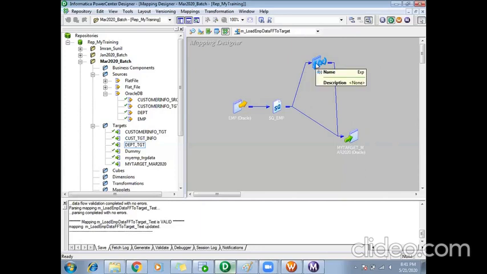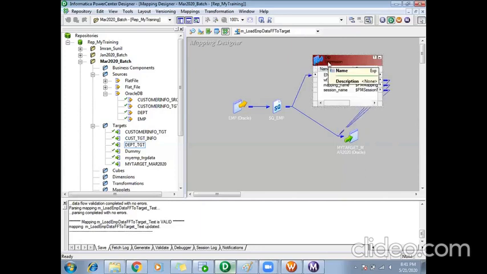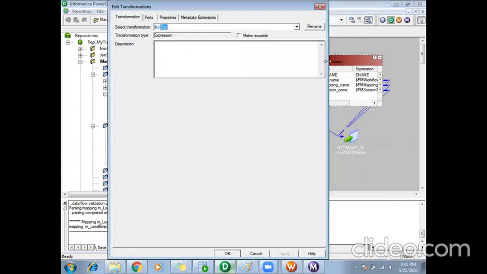How can I do it? If you double click on any of your transformations, in my case it is expression, you can see this property in your transformation tab, Make Reusable. If you enable this property, this transformation will get converted from non-reusable to reusable. Whatever transformations you create in your mapping will be non-reusable.